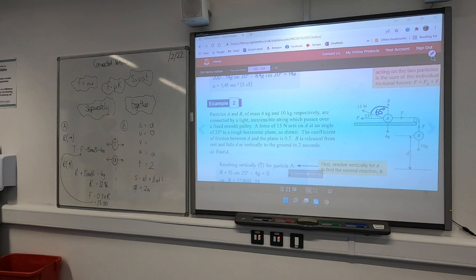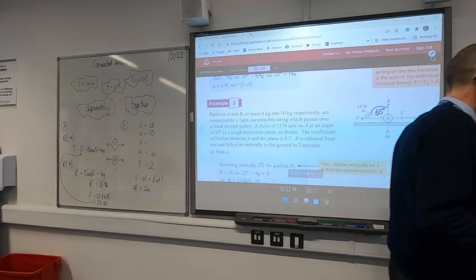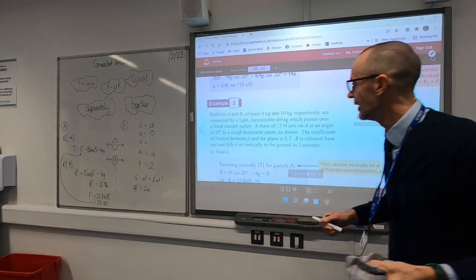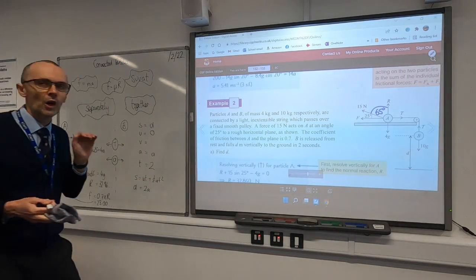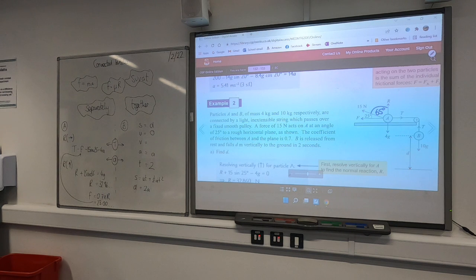Got an expression for T involving s. So we haven't done the resolving bit. We haven't done F equals ma for B, have we? We've used SUVAT for B, and that's got us to d is 2a. But the last piece of the puzzle is resolving, and there's no point in resolving horizontally for B, but it's